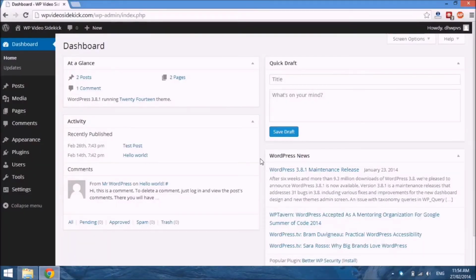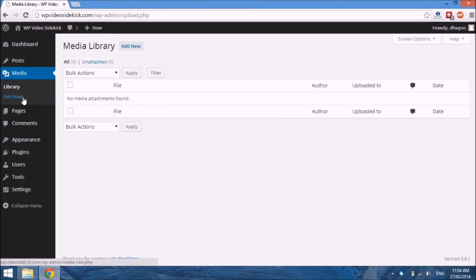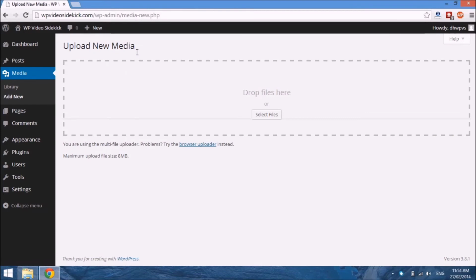In this video, we'll take a look at how we can add media to our posts and pages. And the first thing I want to do is introduce you to our media library. And of course, there's nothing in there because we haven't added any media, so we're just going to select Add New. And what the media library does is it stores all media that you